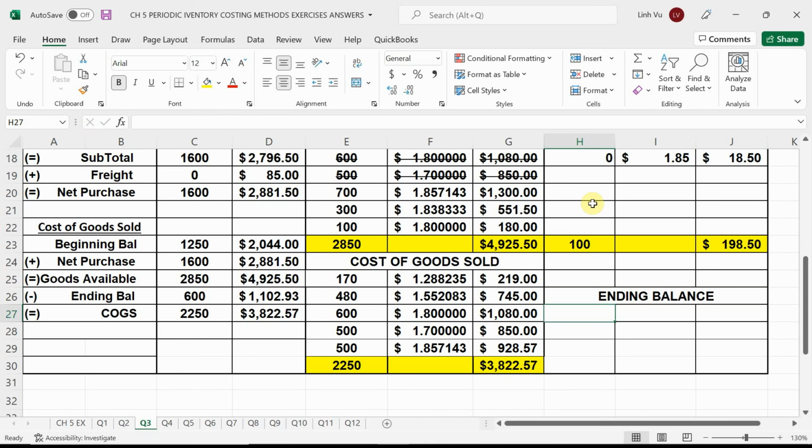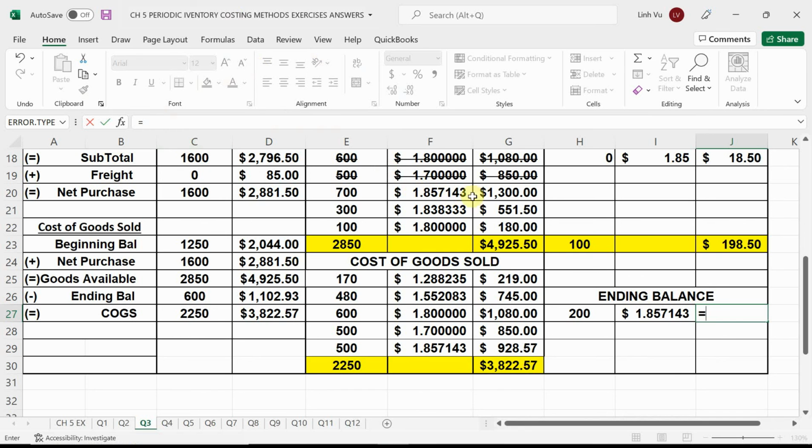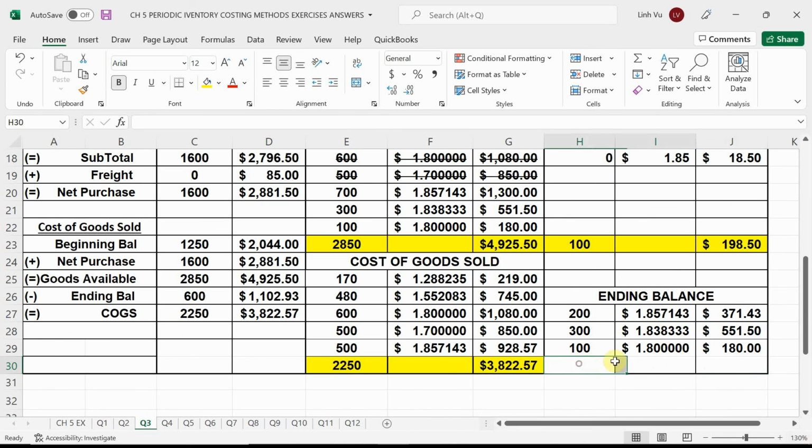Okay, so right, we know that we have 200 left, right? 700 minus 500. At this much, I can solve this way where I can just subtract the 2 and I get 371.43, right? I know that I have 300 left and I know that I have 100 left. So these are just going to copy down here, right? And of course, if I have my running balance here, just add all of these 3 numbers here to get my ending balance to be